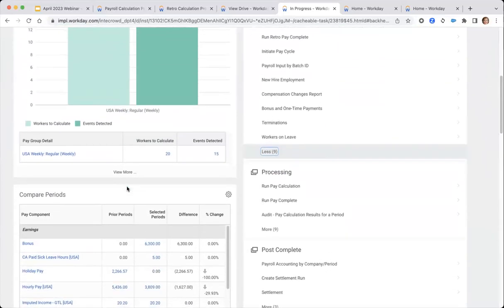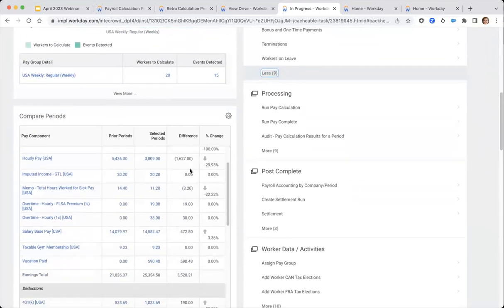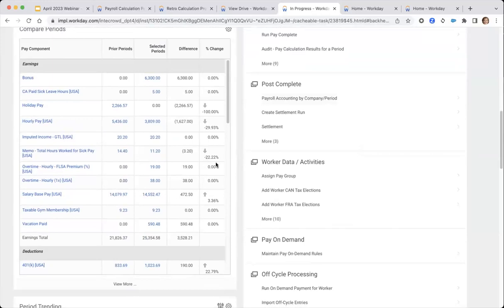What's nice about this is while you're processing payroll, you can see how many people you're processing, and you get right to your compare without having to launch another report. And so, as I mentioned before, you may want to decide on tolerance levels. You may already have them. But let's say holiday pay. When you have, let's say, the 4th of July, everyone's going to have the holiday pay on the 4th of July. I don't need to necessarily investigate that because I know it's going to be 100% change